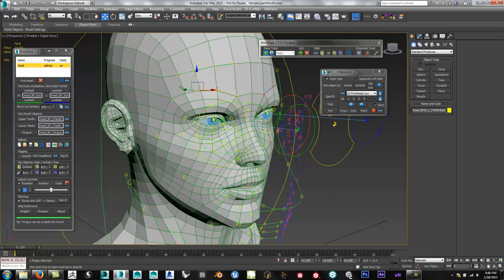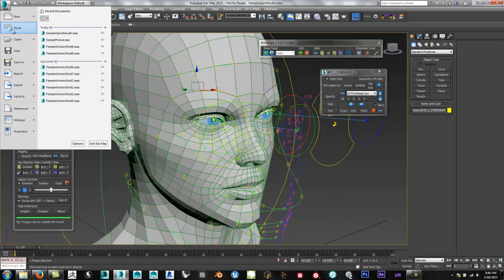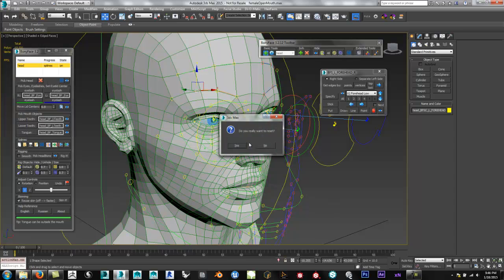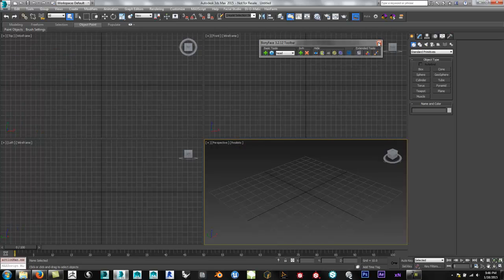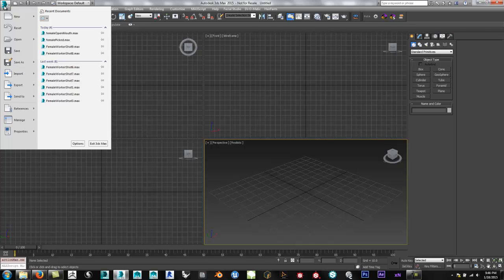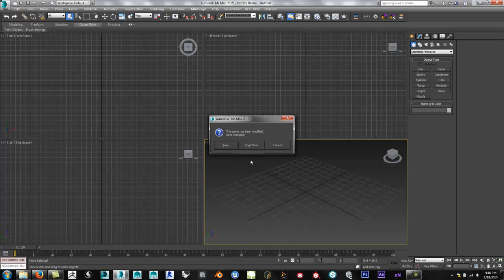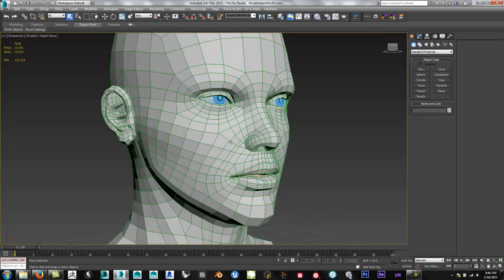Actually, I'm going to demonstrate that process. So I'll go ahead and I'm going to reset 3ds Max at this point. I'm going to close out of BonyFace altogether just to make sure that resets also. So I'll go back to my File menu, and I'm going to choose the base model here. So I have my model again. I'll open up BonyFace,